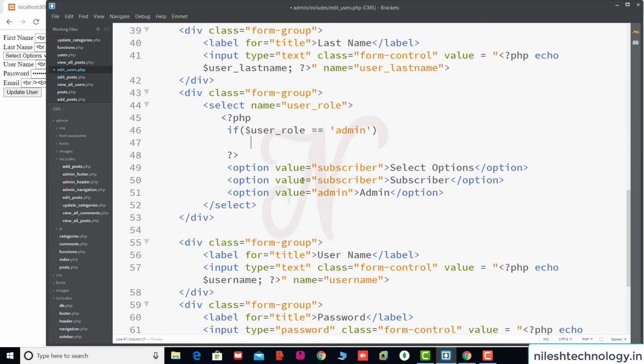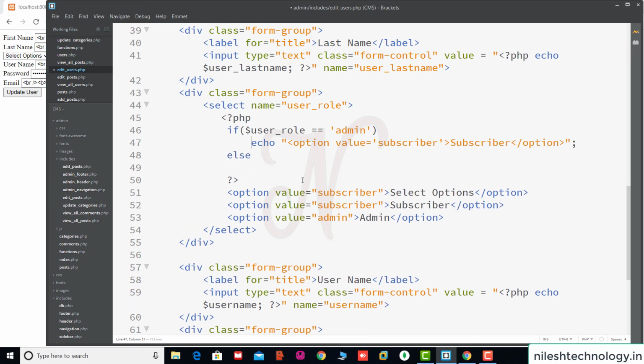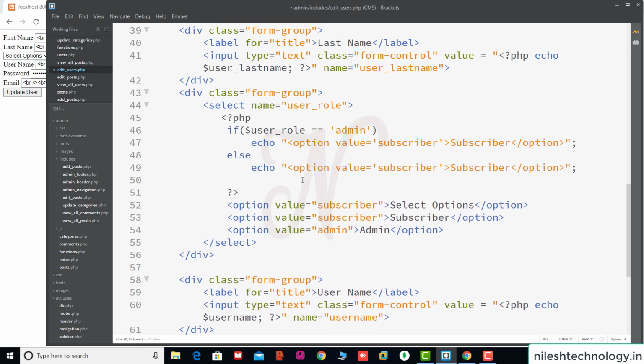If it is admin, so here we print with echo, this is the subscriber. In double quotes here, and here we use single quotes. Okay, same, if this is not an admin, it's else. Copy this echo here, display the admin here, admin.